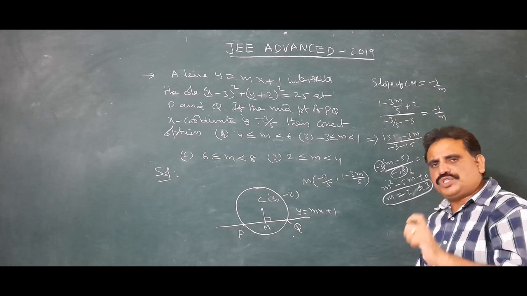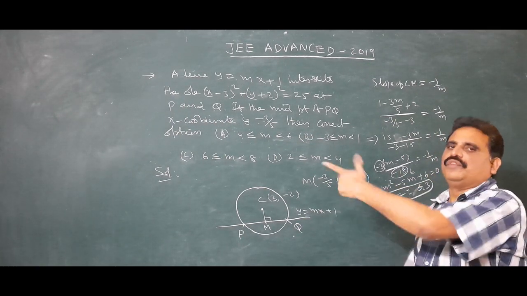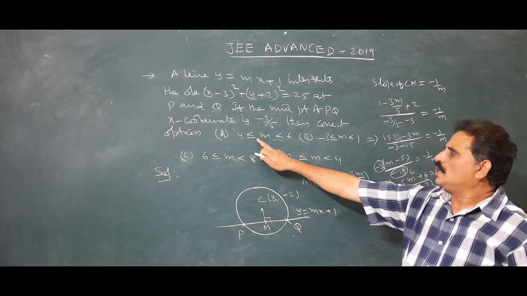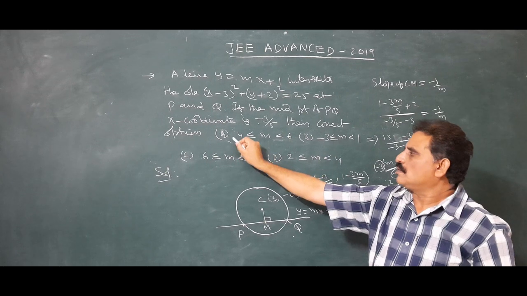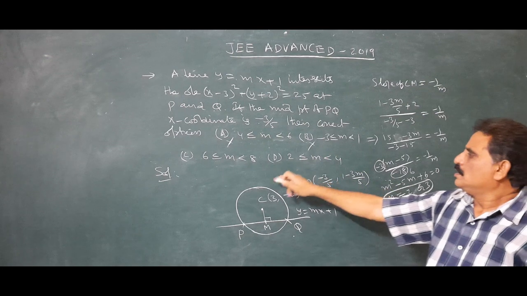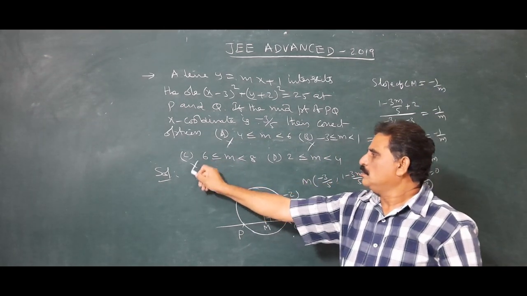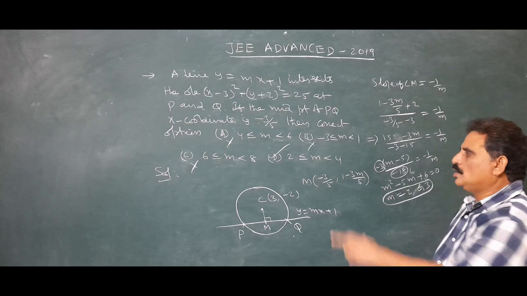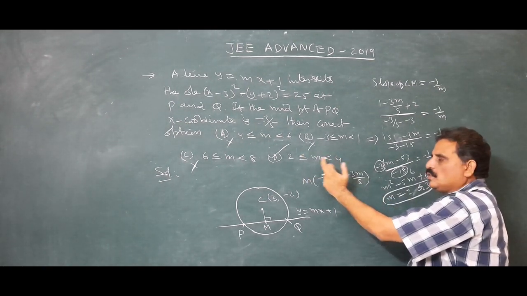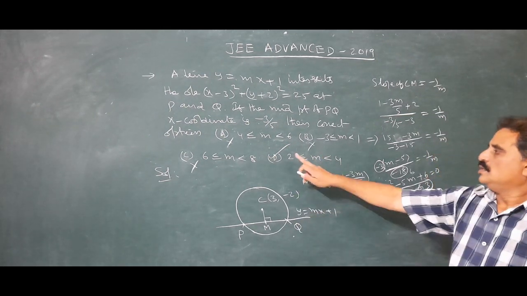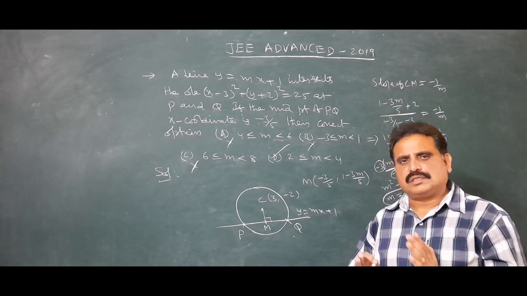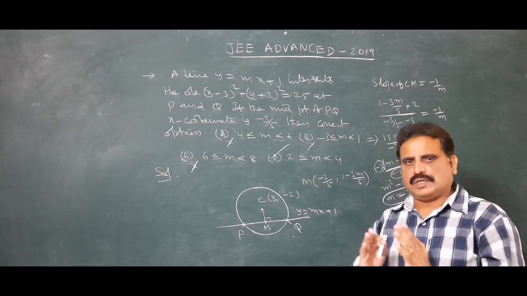2 or 3 lies in which option? Verify that. It's a very simple question. 2 does not satisfy this inequality, 4, 6 wrong. This one, 2 or 3 does not belong to this. This one, no. This is the right answer. Check that: 2 less than or equal to m less than 4, 3 is less than 4, 2 is there. So this is the right answer. Here it's a very simple question. The concept is m1 m2 equal to minus 1 only.